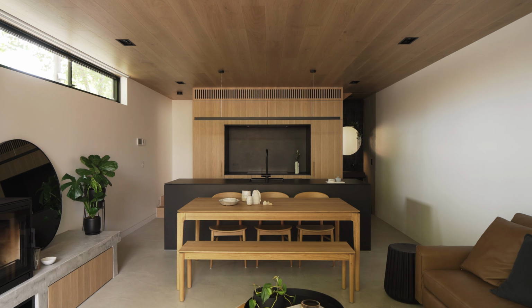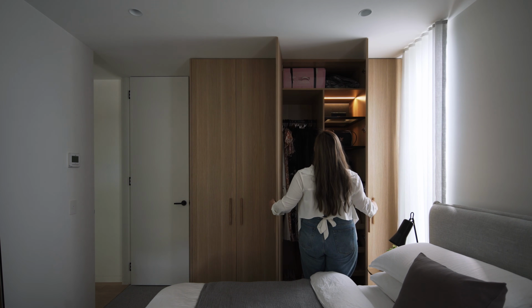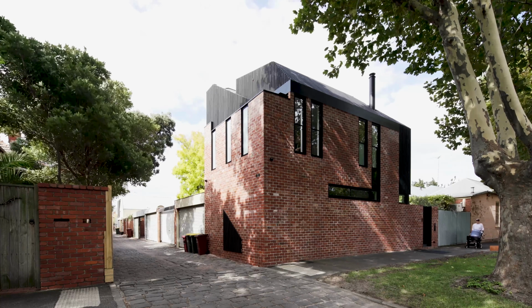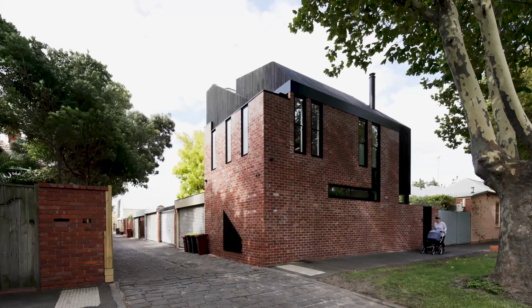It's about simplifying form, it's about using material in ways that flows from inside to outside. It's about placing windows and doors in such a way that each of the spaces work with the others. And then utilising the leftover areas and being really clever with the space to tuck